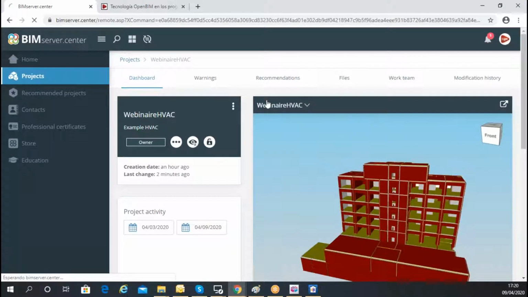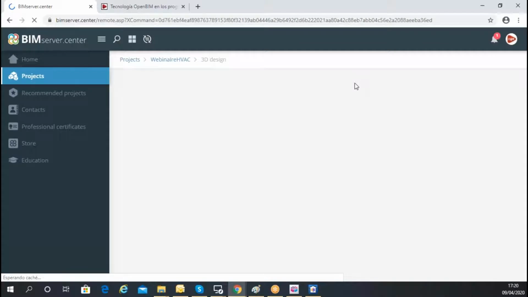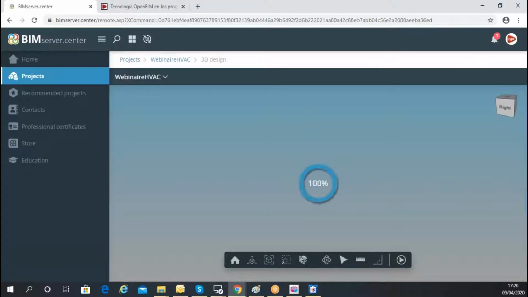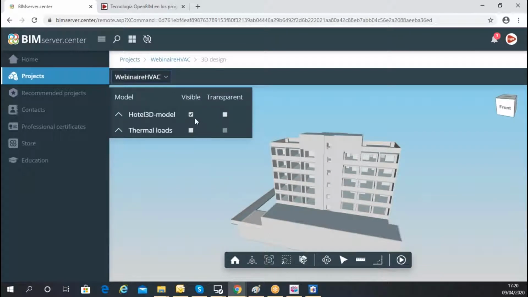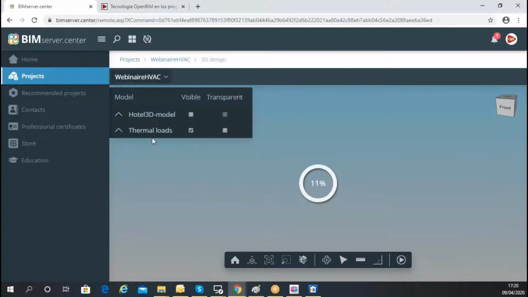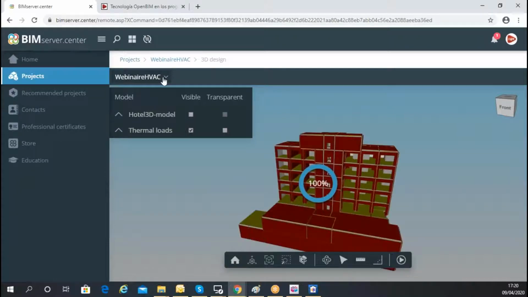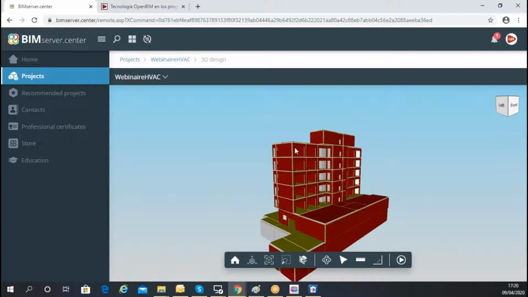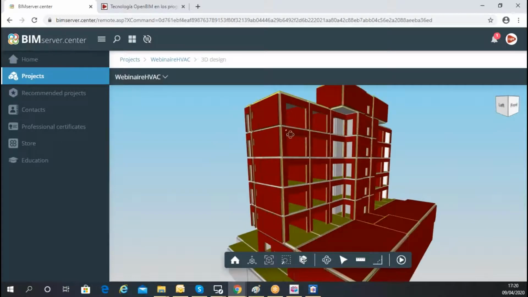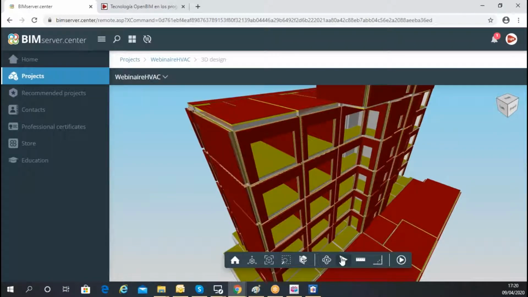For example, I could open it wider in order for you to see it. Okay, so let's deactivate the 3D model and leave only the thermal loads layers or models of the building. Okay, so this is the thermal model, and this is nice also because we could even consult the information in